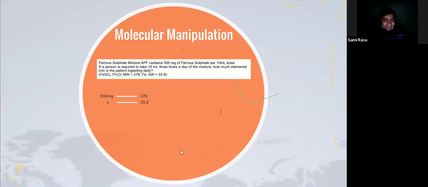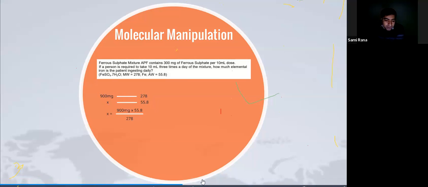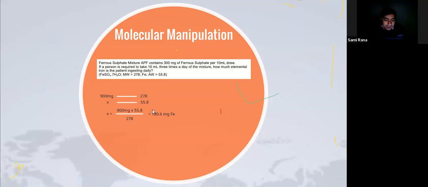Make sense? It should be making sense, and with practice it will make sense. If we solve it simply, it is going to give us the answer of 180.6 mg of elemental iron that a patient is consuming if taking 900 mg of ferrous sulfate. Now, what's going to happen if you dive into the millimoles? You can solve it that way sometimes, but